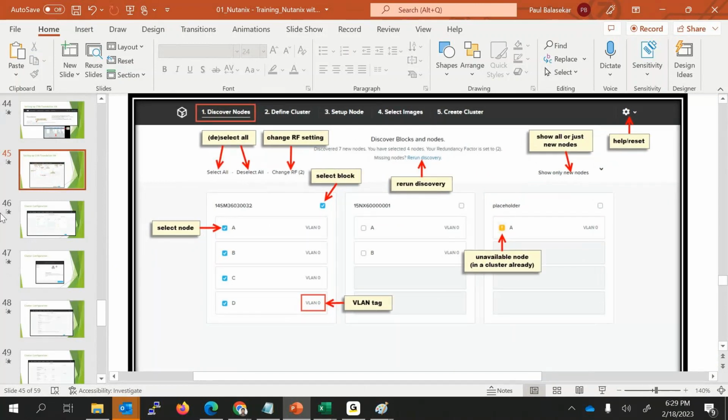Correct. So here I'm not exactly, I mean, it is before this discovery process. So this is the block serial number, and it has A, B, C, D. When you discover the node, it automatically discovers, because in this block 3.2,